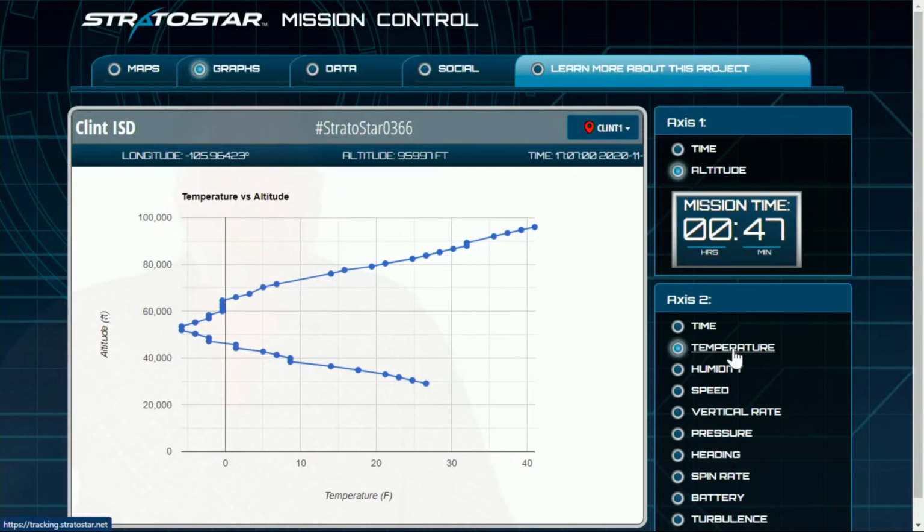Typically, when you're flying in a plane, you might hear the pilot get on and say, oh, this is the pilot speaking. We are cruising at 38,000 feet. And typically they will tell you the temperature or something like that. Well, our balloon goes much, much higher than that. But we don't want our weather balloon to interfere with airplanes. So we contact the FAA on a regular basis to let them know exactly what's going on with our balloon